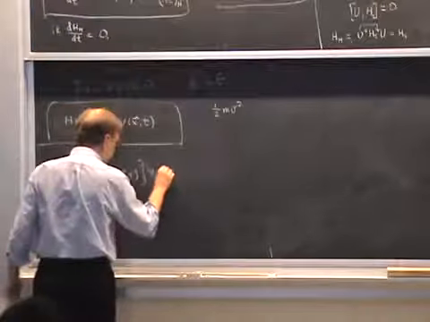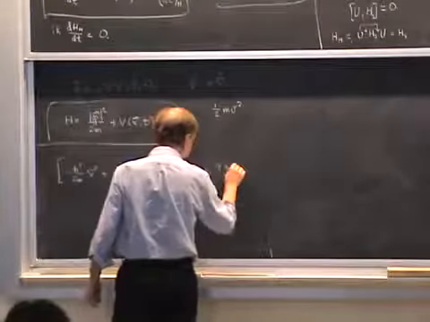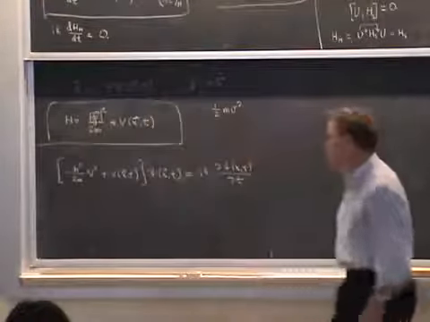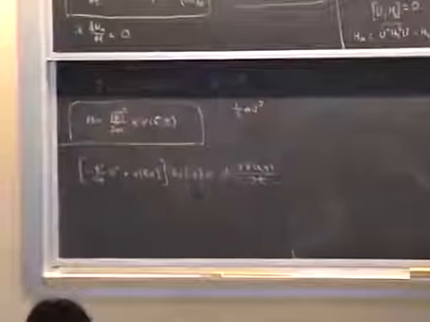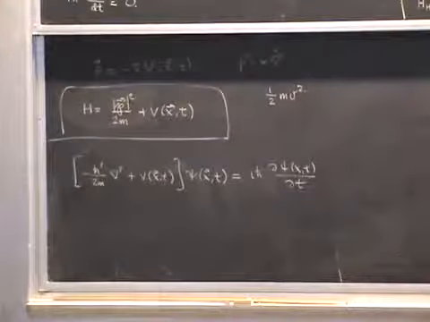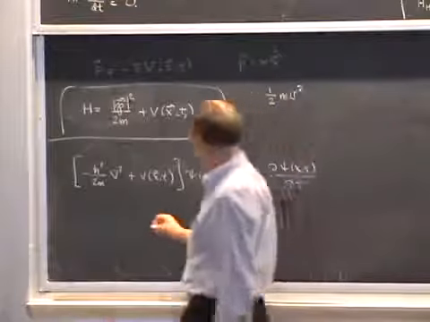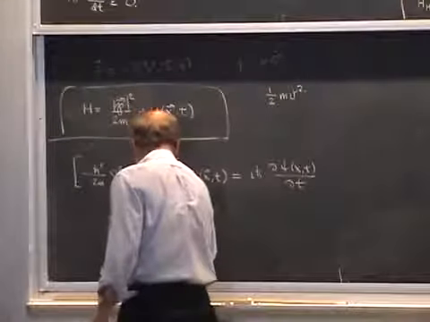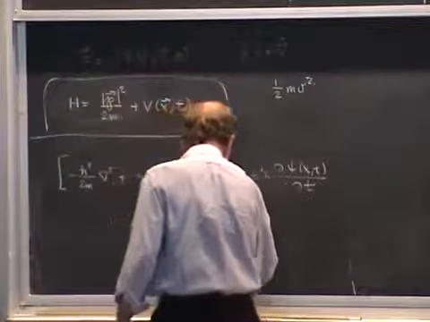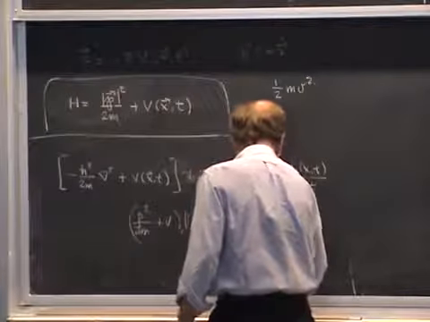This is the differential operator acting on the wave function psi of x and t, and the right-hand side of the time-dependent Schrodinger equation looks like this. This comes from the previous lecture. We worked out the action of momentum on wave functions, and in the configuration representation this is what it is. Well, you can do it in ket language also. You just do P squared over 2m plus V applied to psi of t is equal to i h bar, partial with respect to t, psi of t.